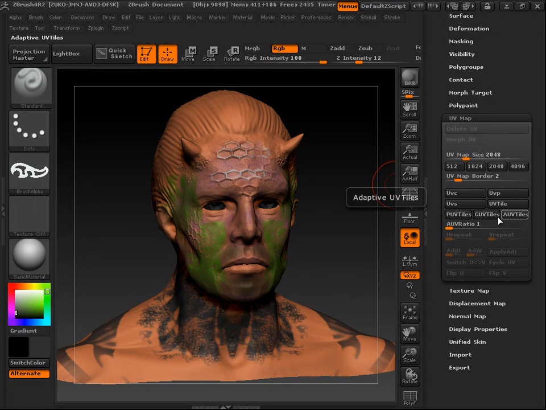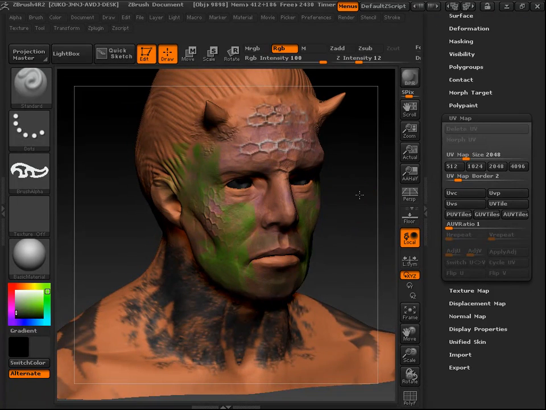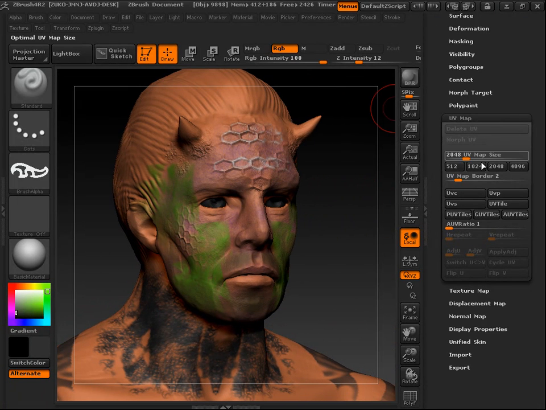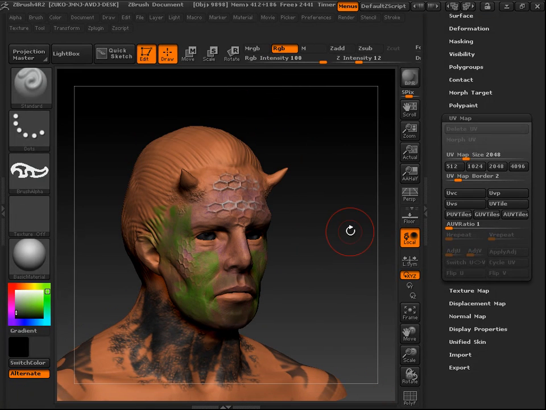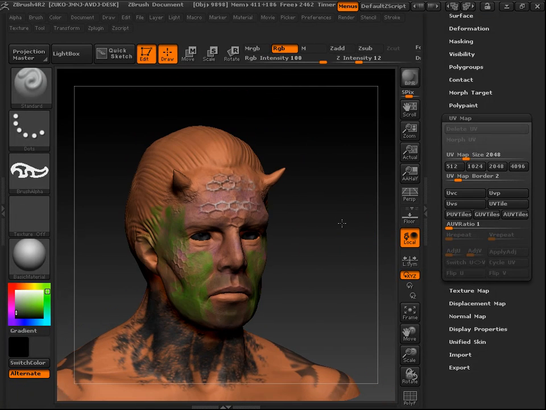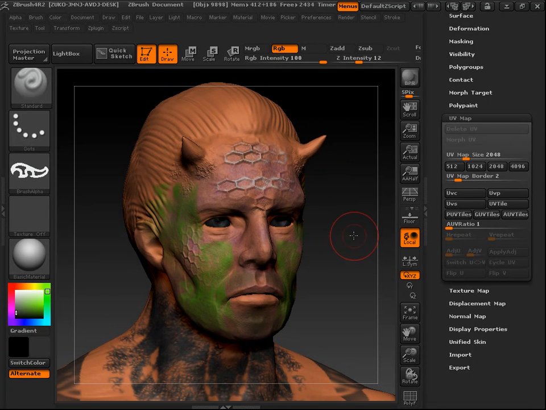You got packed UV tiles, you have grouped UV tiles, and you have adaptive UV tiles. Now the one that was most commonly used before the newest version of ZBrush came out was adaptive UV tiles. And basically what this does is it takes a picture of each and every polygon that you have in your mesh, and it tiles it side by side by side like a puzzle, and it just lays it out there. This isn't so bad if you're just using it for preview purposes or something. Obviously something like that